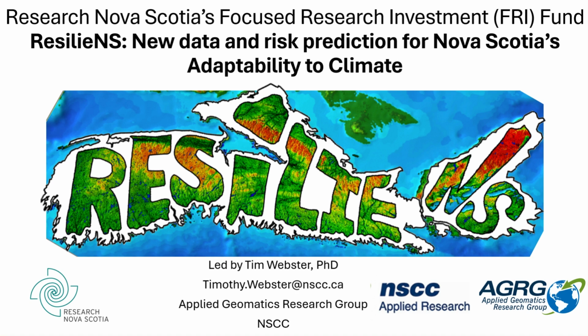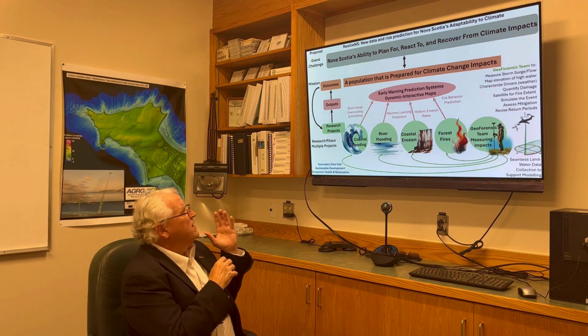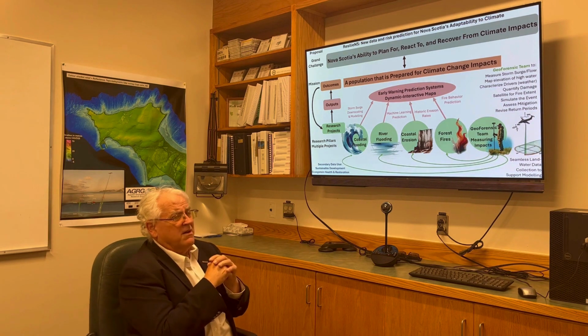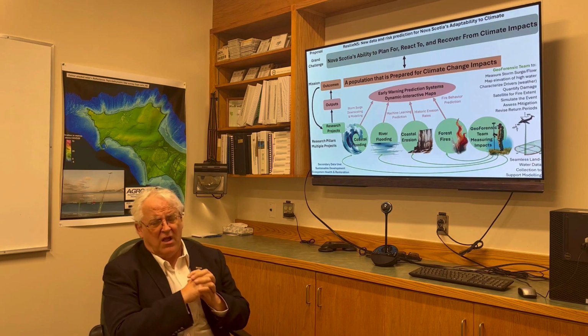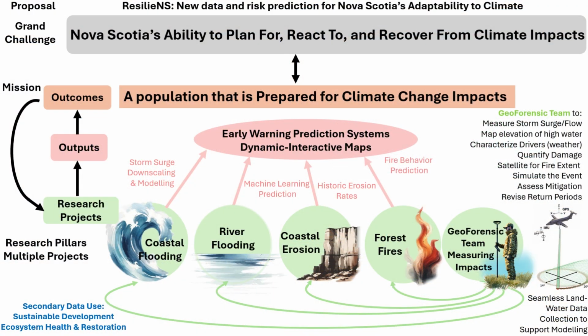New data and risk prediction for Nova Scotia's adaptability to climate impacts. Our grand challenge here is to make Nova Scotians be more adaptable to plan for, react to, and recover from climate impacts. And to do that, we're proposing to break our project down into 4 significant pillars related to coastal